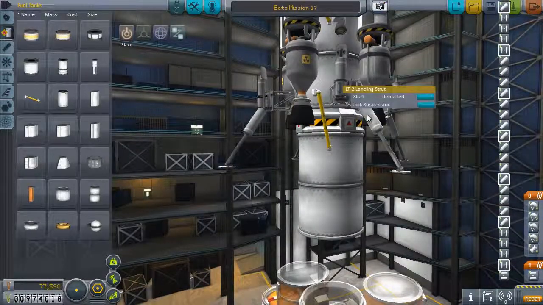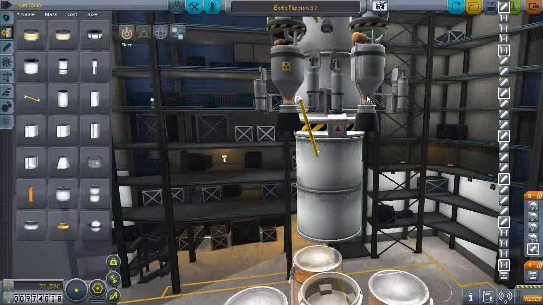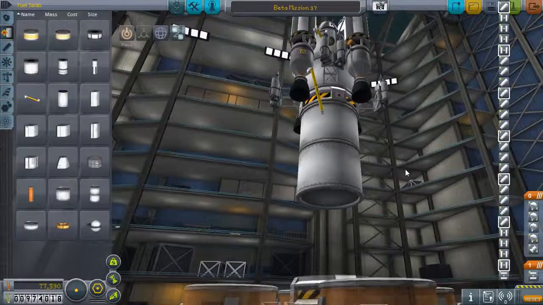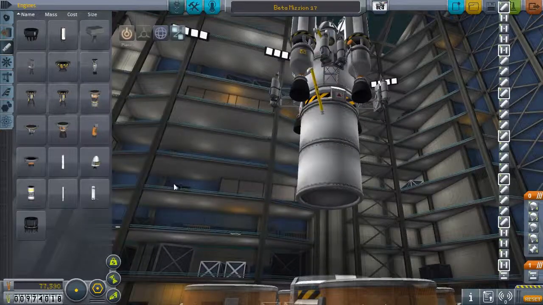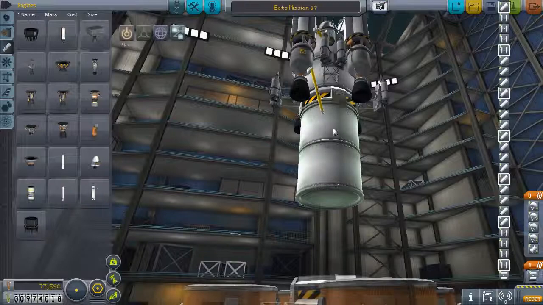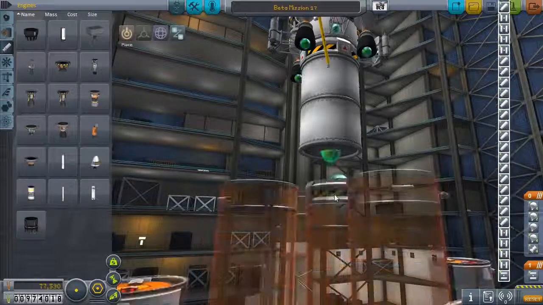Let's close these up. So we'll be taking these along, but we'll be using these efficient engines. That will save us the weight of the Poodle engine. Speaking of weights, let's see. These are 2¼ tons. The Poodle engine is this one. Yeah, so we're heavier now. So instead of having 2 Poodle engines, not that we're really saving weight, but...